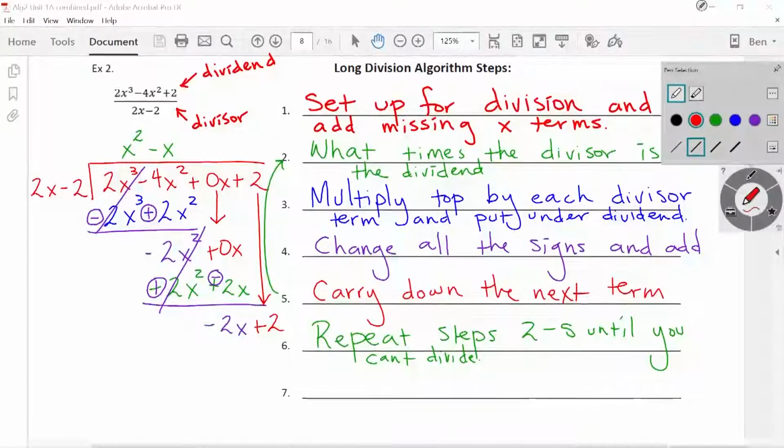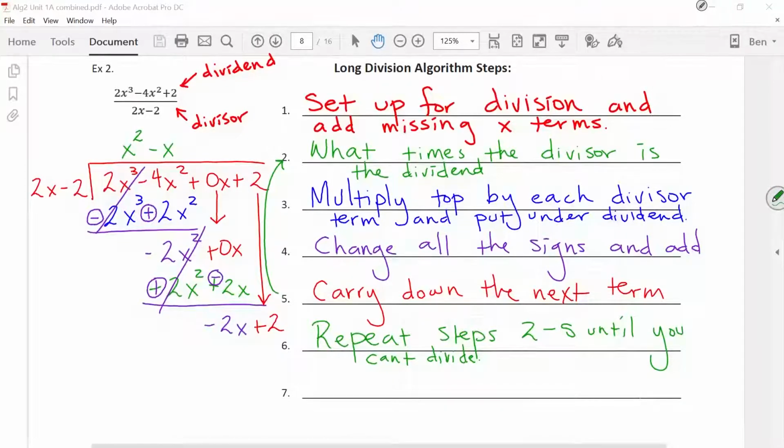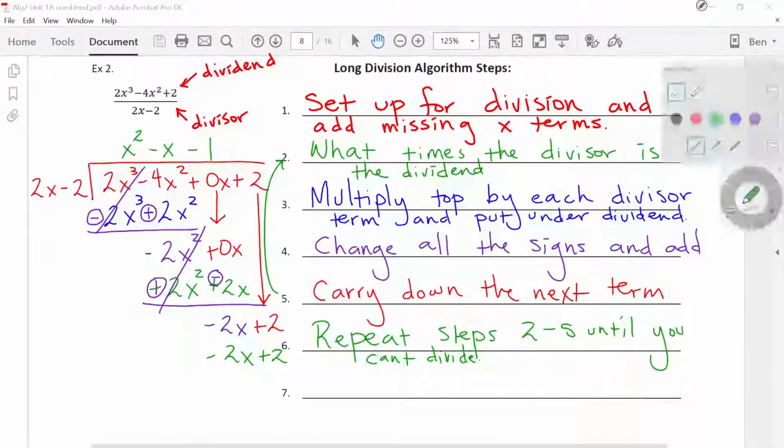What times the divisor is the dividend? So 2x times what is negative 2x? Well, think about the numbers alone. 2 times what is negative 2? And the answer is negative 1. And then x times what is x? Well, it's also 1. So I think it's just negative 1. Negative 1 times 2x is negative 2x, and negative 1 times negative 2 is plus 2. All right, so those are the exact same, which makes me feel like I'm on the right track, but I will still